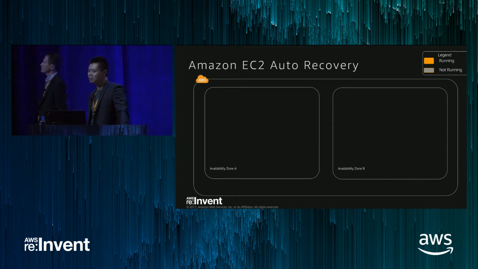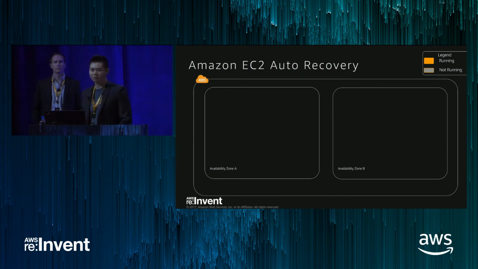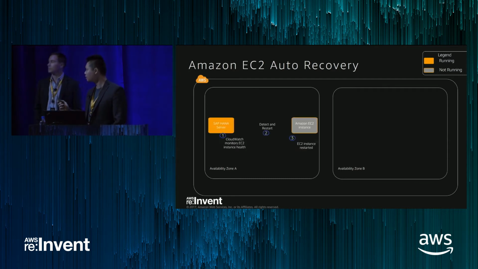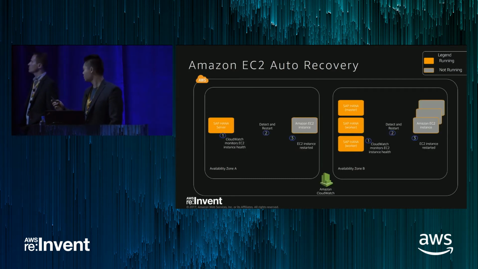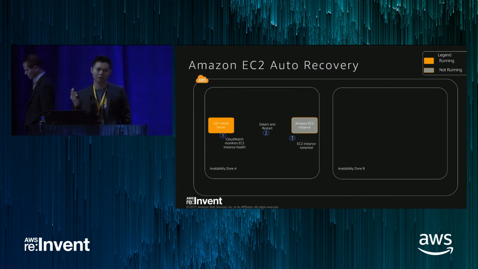So Amazon Auto Recovery. Who here is familiar with the VMware VMHA solution? Awesome. I like to think of Auto Recovery as being very similar to that, right? CloudWatch is monitoring your EC2 instance, right? When it detects either a hardware failure or a network failure, CloudWatch is going to react. It's going to then instantiate a recovery of your instance, right? That instance is out there in AWS, it's available, and it will restart it on an available host for you,